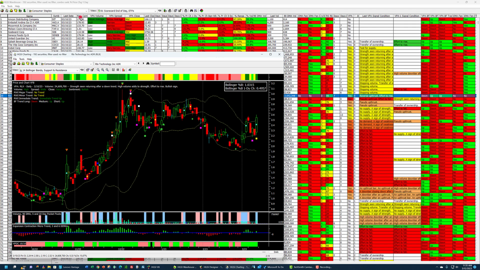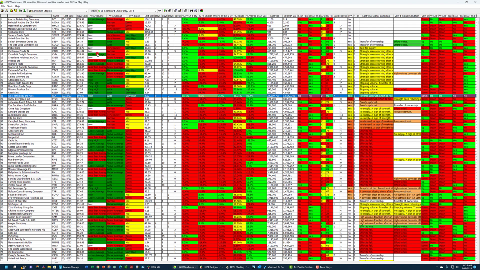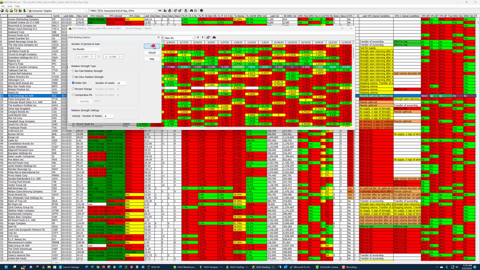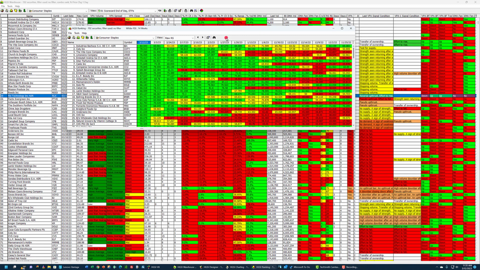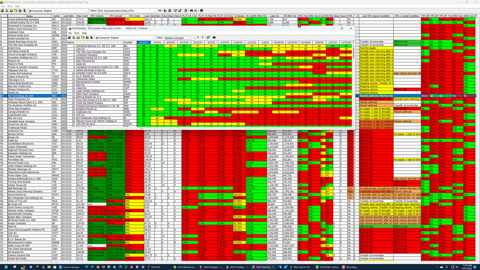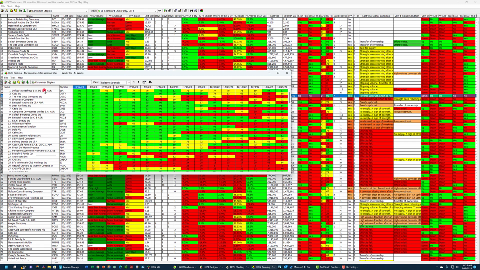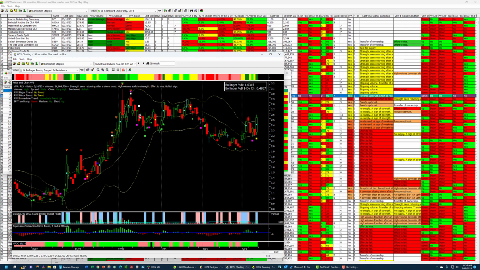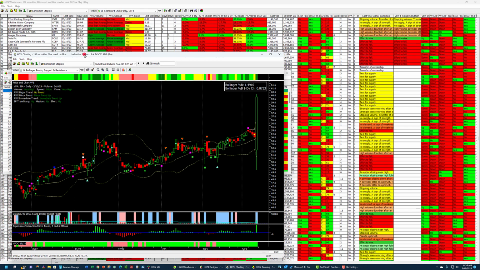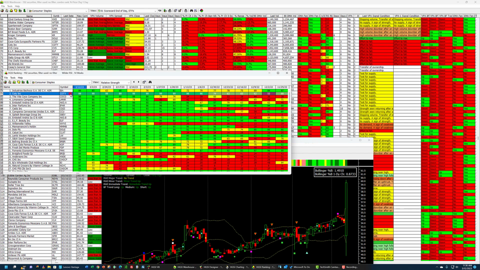I'm going to show you one more trick. Let's see, what do we have? 192 securities in here. That's a lot. I'm going to click on the ranking module. I'm going to go over here and change this to Wilder 14. And then I'll just change this to relative strength. It's going to take all of these stocks, 192 of them, and compare them using strong Wilder. Let me bring this up. Well, I don't know what the news was on this Friday, but these stocks near the top are going to be the stocks that are trending the most.